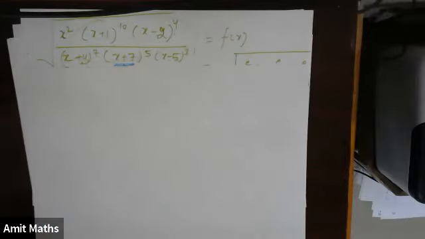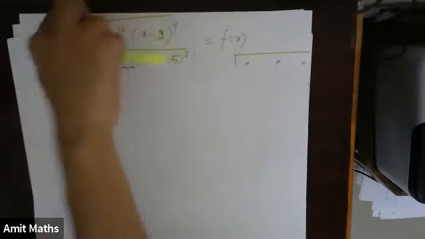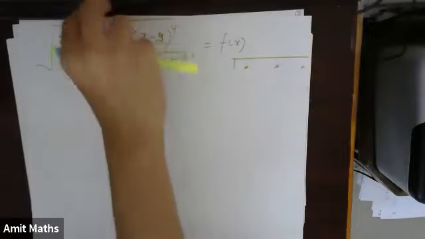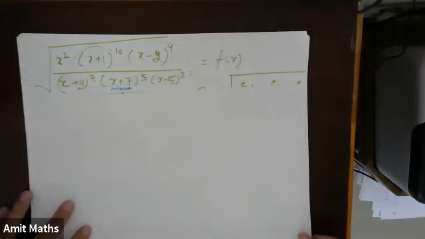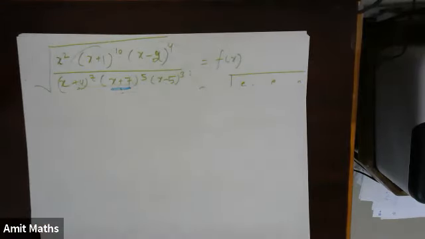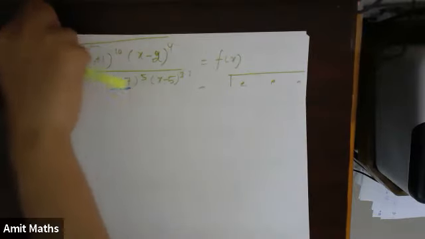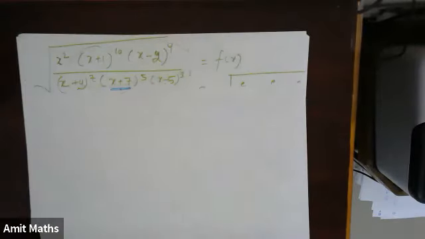Same method you can use in board exam. This is the wavy curve method. If they have asked you to find the domain, this is a very simple, very basic, very general method. I don't think this method is given in your book, but it is a way to find the positive or negative nature of any function. So you can use this method in board. You can simply write wavy curve method, or you can just simply find whether it is positive or negative in the domain. They won't say that this method cannot be used in board.